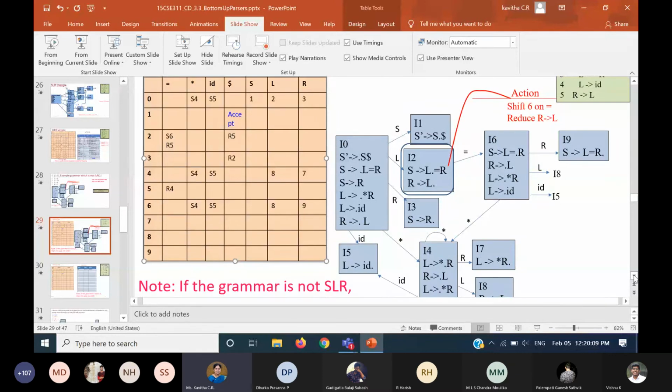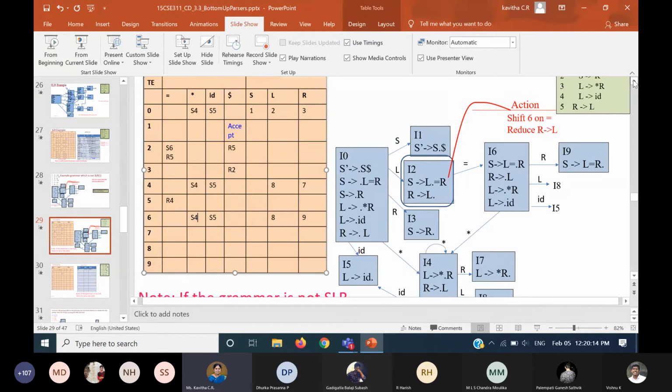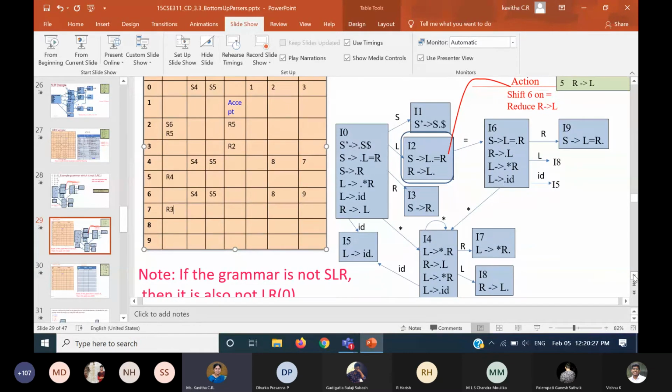Then coming to state number 7, it is a reduce action by rule number 3, and you have to use the follow of L, which is nothing but the equals symbol. So R3. Then coming to state number 8, R gives L, which is rule number 5.